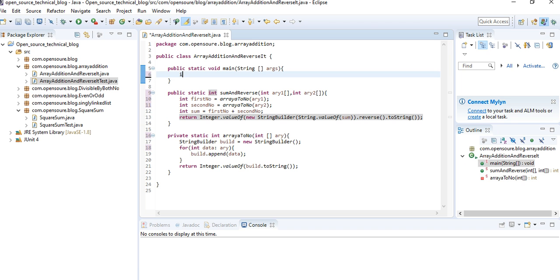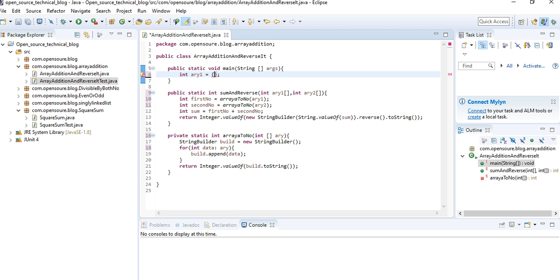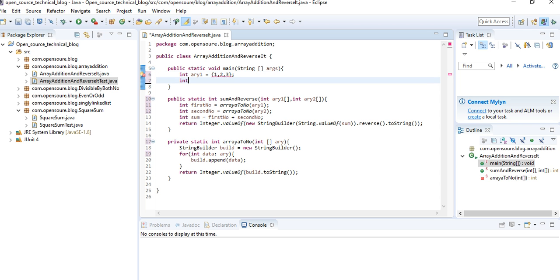So finally we need to define two arrays. Let's take this example only. Okay, I've deleted some part: 1, 2, 3. For simplicity I have taken this example. Later we'll run our test cases to check other edge cases.